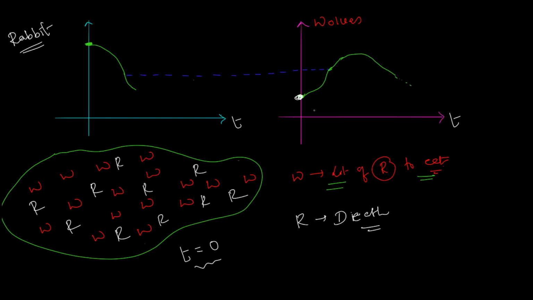Here the only factor I'm considering for wolves is the availability of rabbits, and for the death of rabbits, the only factor I'm considering is wolves eating them. There are so many other factors. Rabbits might as well be dying due to several other reasons. The grassland that I've been talking about faced a drought, and then there is not enough grass to feed on. Actually, it's a grassland, it shouldn't be a big problem, but maybe one time there will be heat strokes, and the animals might end up dying because of that, and so on and so forth.